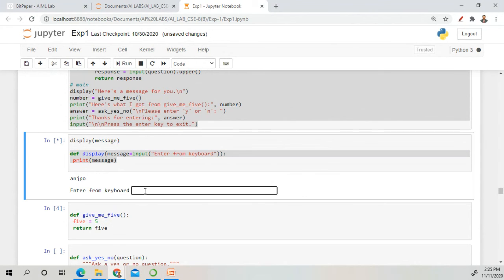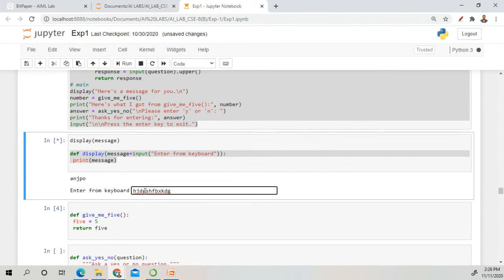Okay, so if we take any value from here, what will happen? Quickly give your response. Tell me what will happen. This message is printed from the previous output. It will print the value.